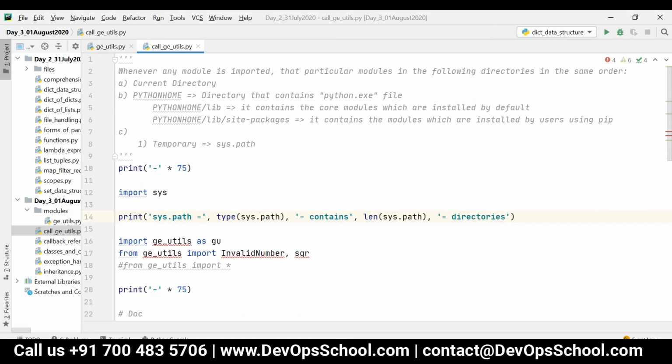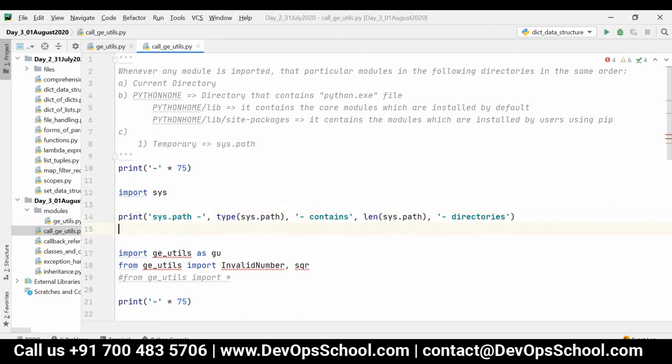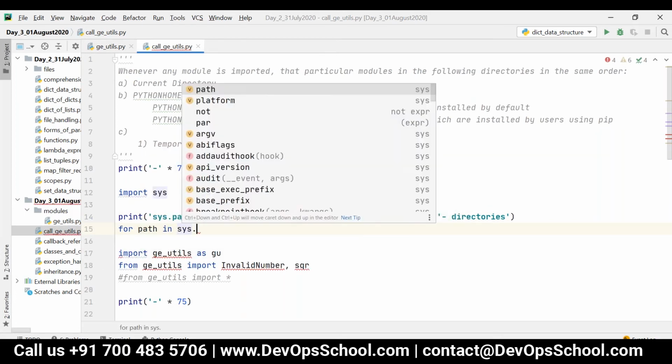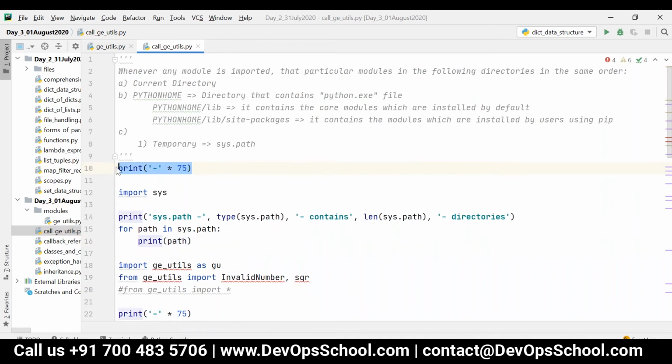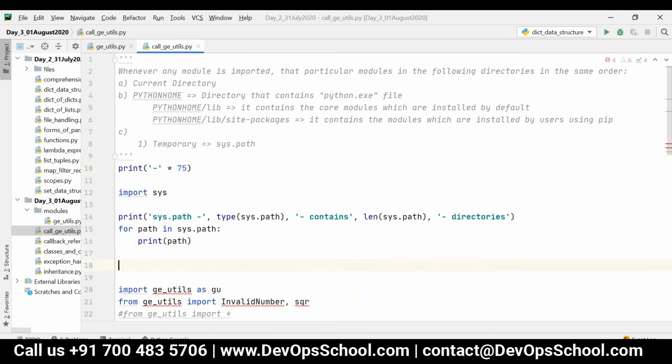All right. So now let me print one by one. For path in sys.path, let me print path. And then let's see the output.